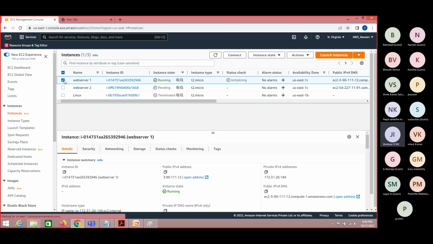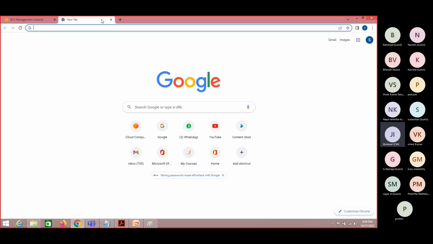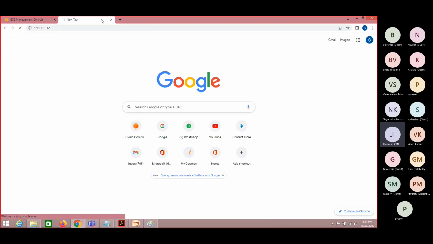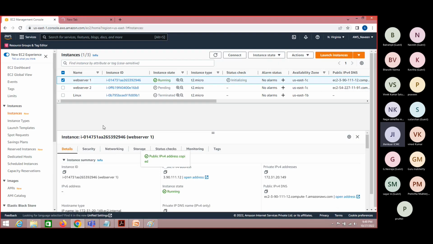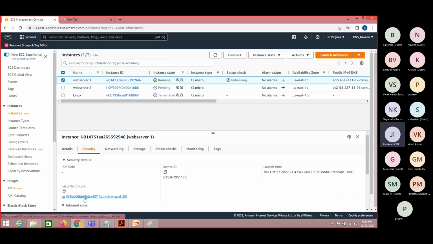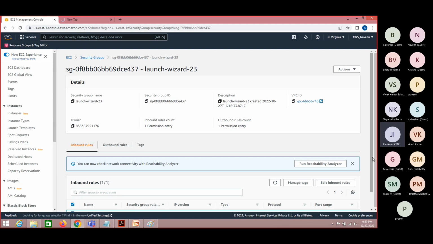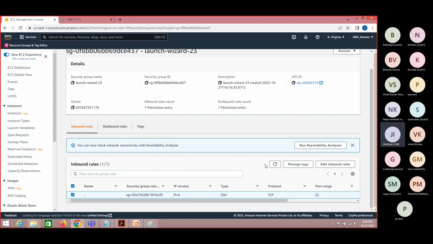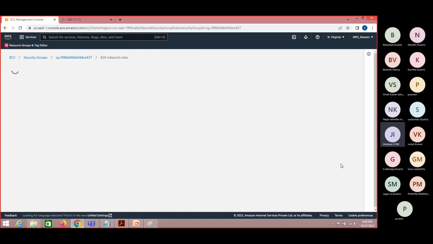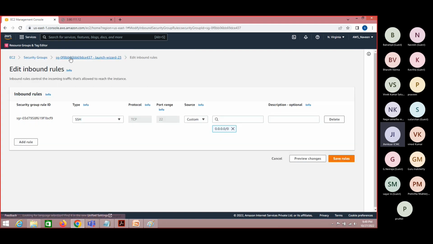So this is running. As Praveen mentioned, if I just go ahead and click this one, I will not be able to see any page, because this particular application is running over port 80 but we have not allowed that port. So I'll click on the security group which I've created. Here I have only opted for port number 22, which is SSH. Now, in order to add another one, let me click on edit inbound rules and click on add